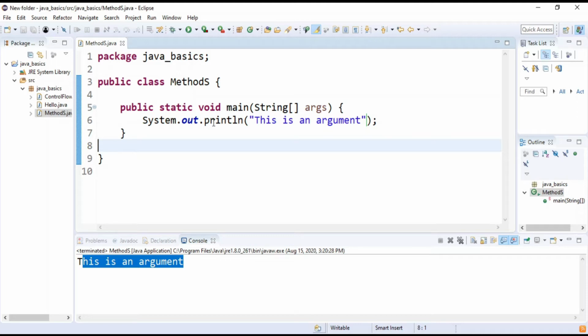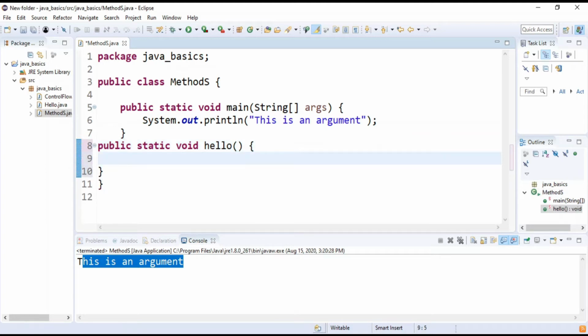Now let us begin by defining and creating our own methods. So first of all, we won't define our method in this main function. We will define it outside the main function but inside this class. Okay, so let me write public static. Don't worry about public and static keywords. We will discuss these two keywords in our further videos too. So now we will create our own method, public static void hello. What this hello will do is print something on the screen like a welcome message. So let us write,